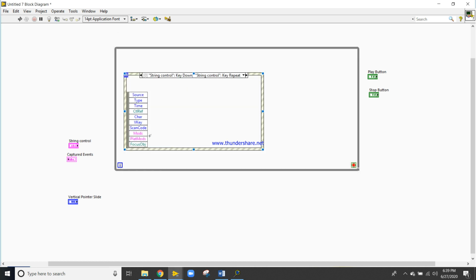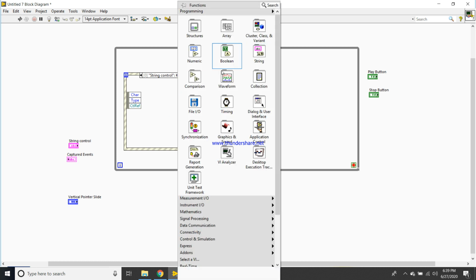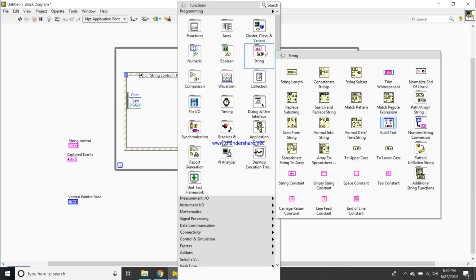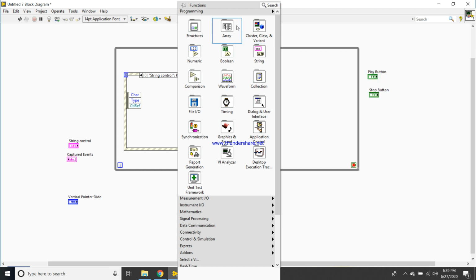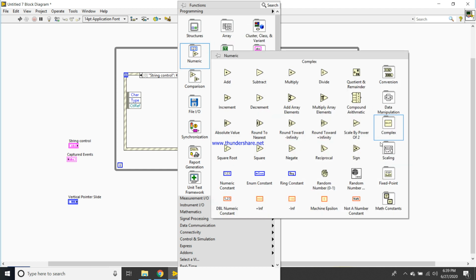Now we will take only two things: Characters, and Types. First one will be Characters, Types, and the cluster reference, the CTL reference. Now come to the numeric.